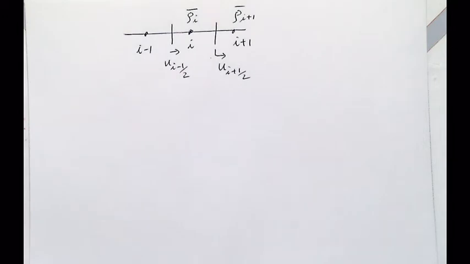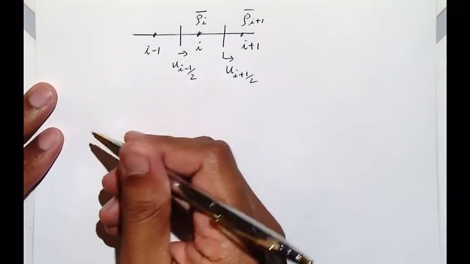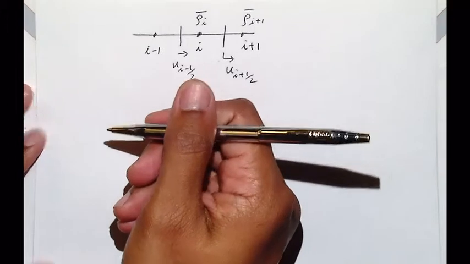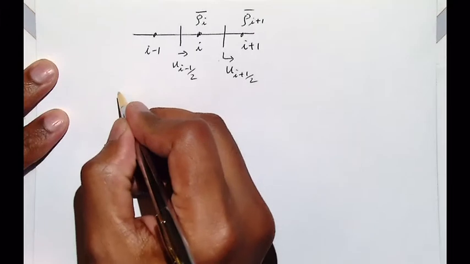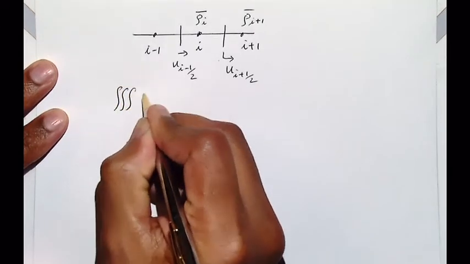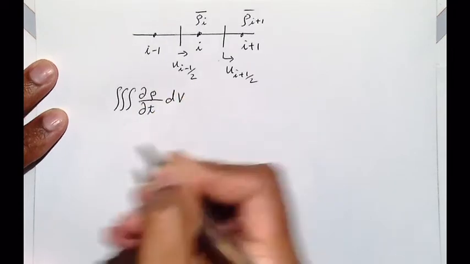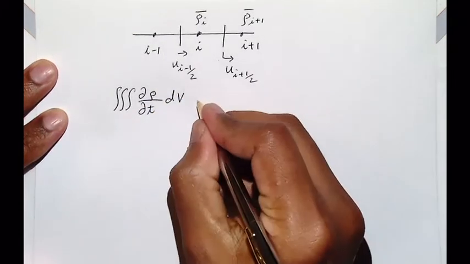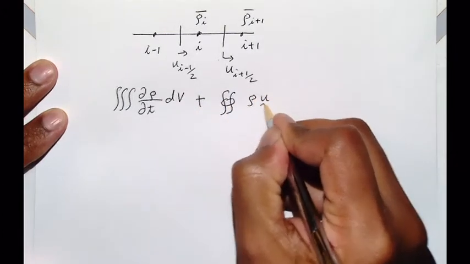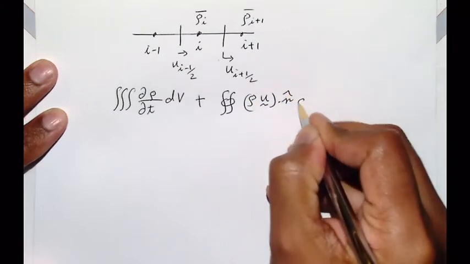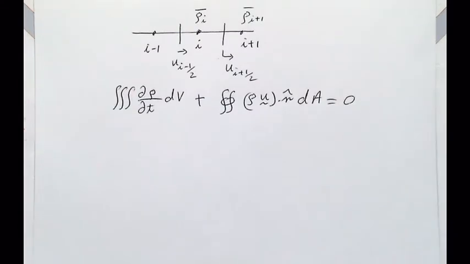Okay. And then using the concept of control volume, we derived the conservation law, the conservation of mass, which looked something like this. We had a volume integral of rate of change of density, and when we take dV, this just becomes rate of change of mass. Okay. And there was a surface integral of rho u dot n dS or dA. And this was the flux of mass across the cell face.